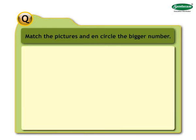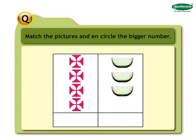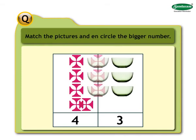Question. Match the pictures and encircle the bigger number. Look at the 2 sets given alongside. There are 4 objects in the first set and 3 objects in the other set. Make 1-to-1 pair between the objects of the 2 sets as shown. As you can see,